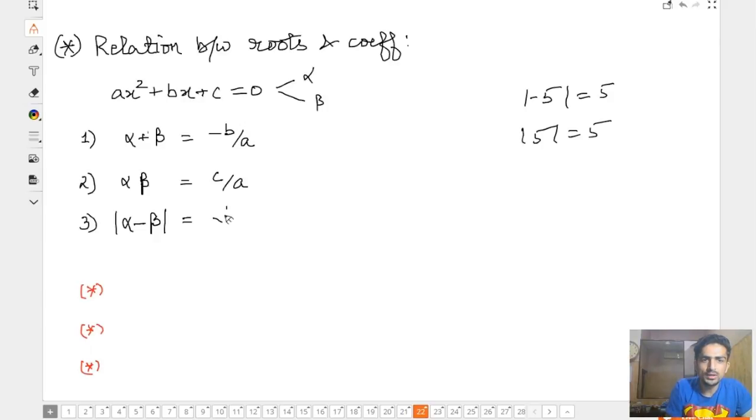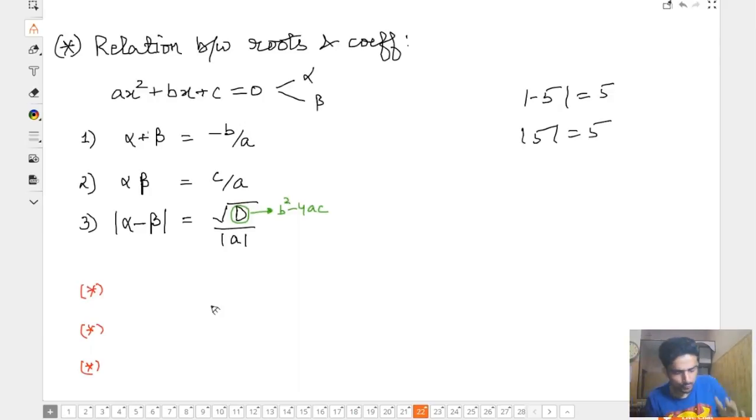Formula is square root of D by magnitude of a. And of course, I know that you know D is nothing but b square minus 4ac. We will be proving why this comes out to be equal to this. But before coming to the proof, guys,